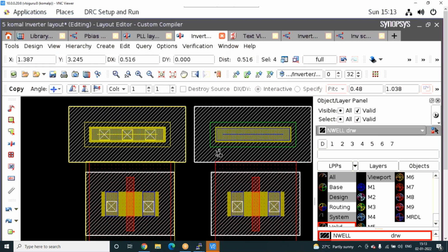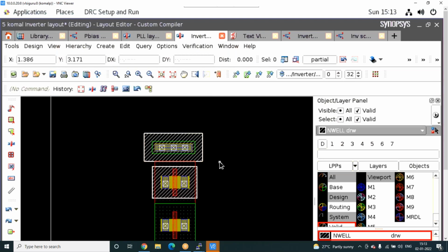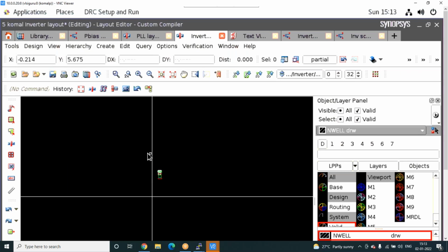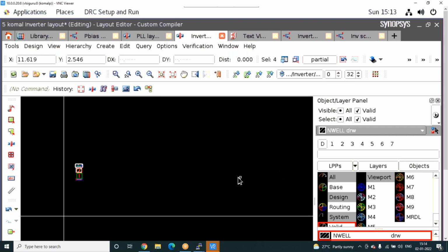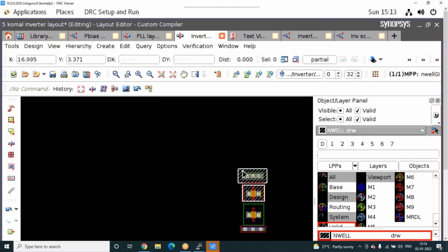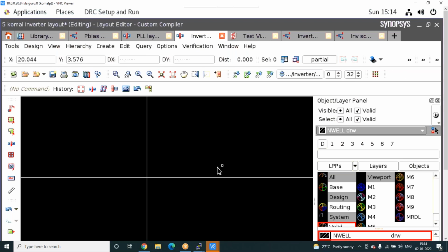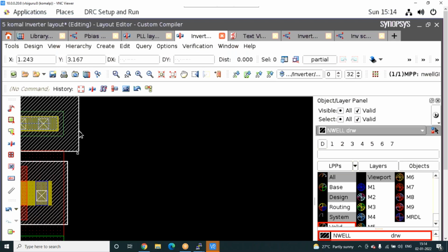Second, which layer is present. This is one example of how quickly you can do it. Suppose one device is present here. So there is a distance. I need to align this device exactly here.